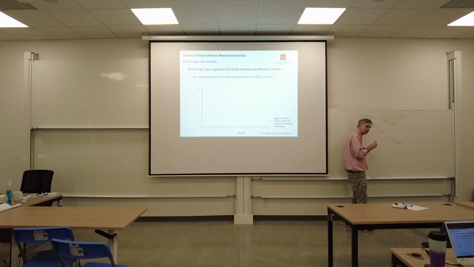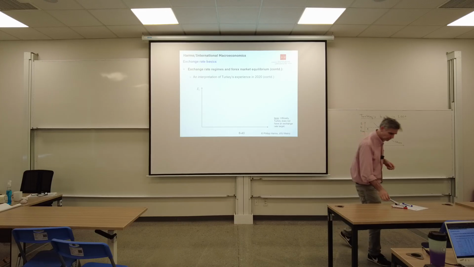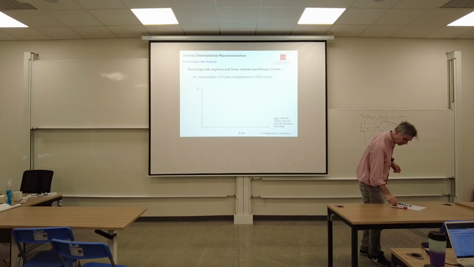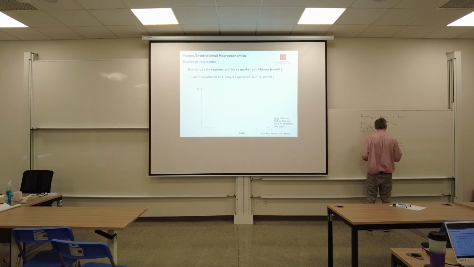However, apparently, and this is the interesting part, the Turkish Central Bank said we don't want to see that, right? We don't want to see a massive depreciation. And this is indicated by what we saw on the previous slide. So what the Turkish Central Bank did is, that's FA, NR 2020 plus delta R. So the Turkish central